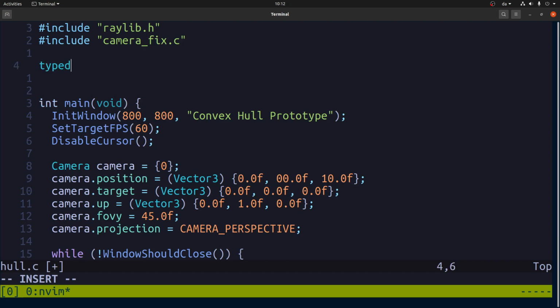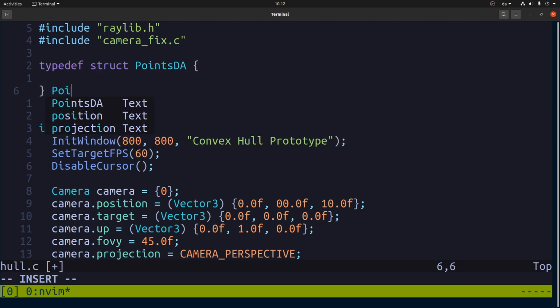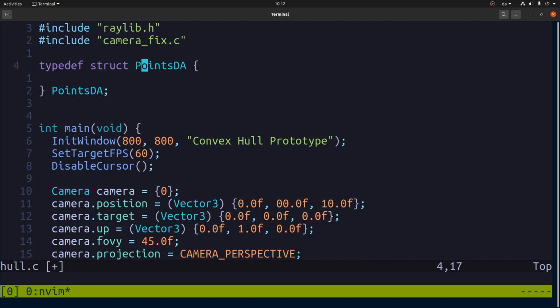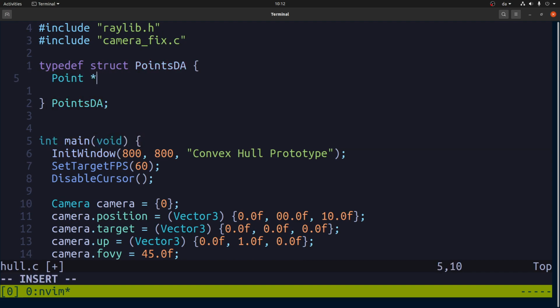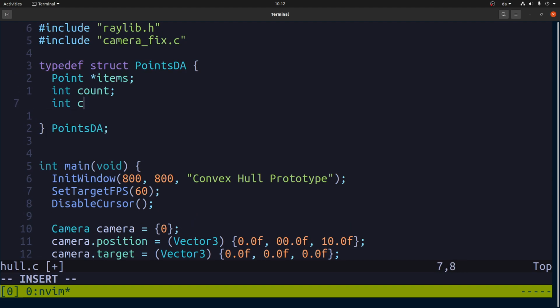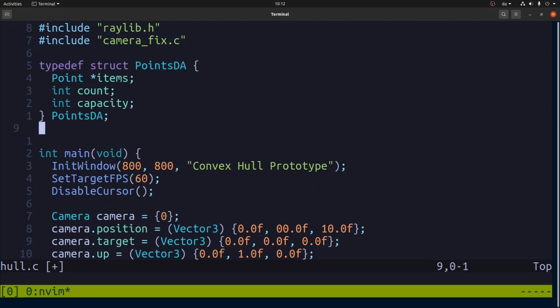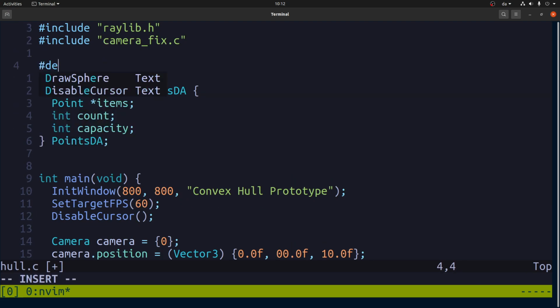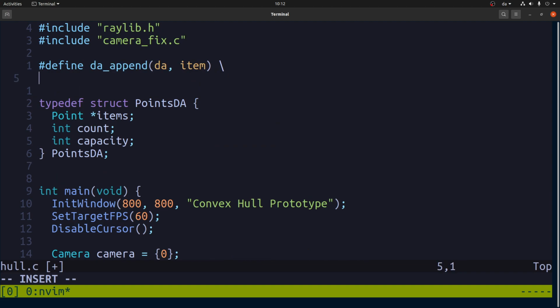So I'm actually going to make a dynamic array. We'll call it like this. And it will have some points. It will have a count and it will have a capacity. And then we can use this macro, which takes a dynamic array and an item, and then